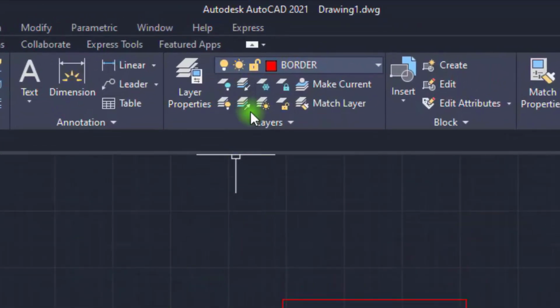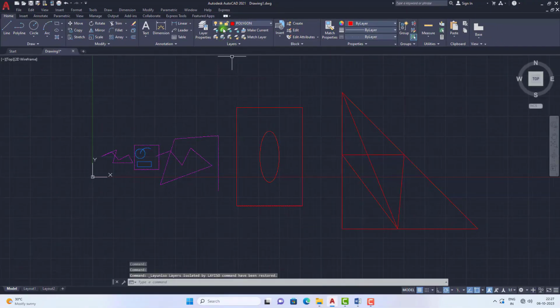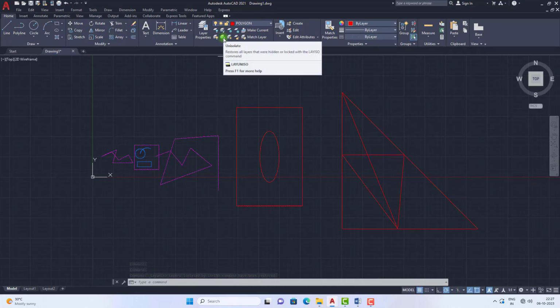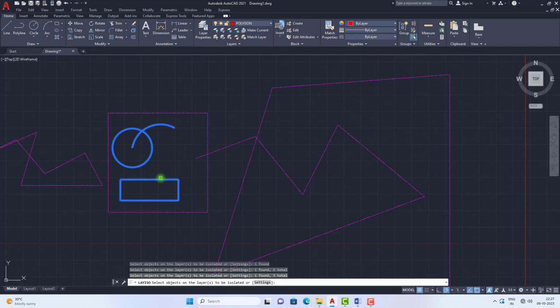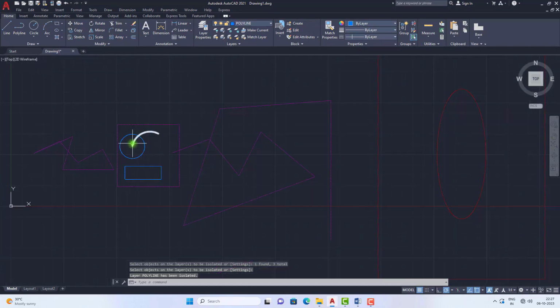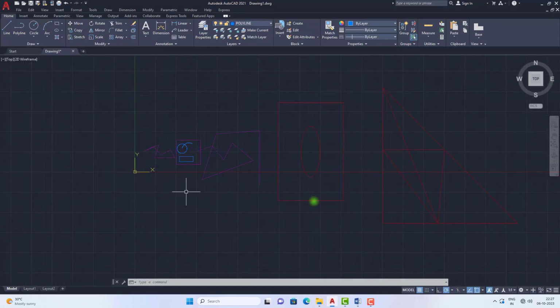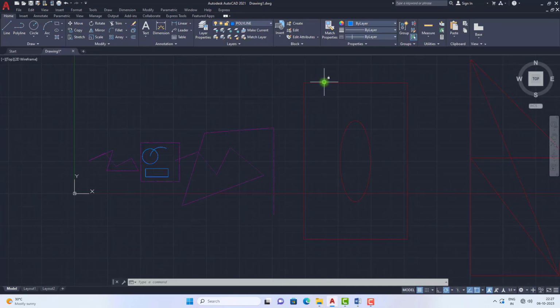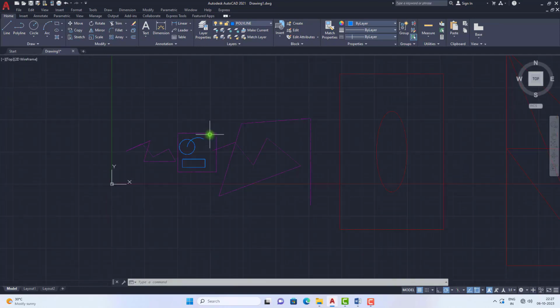Now see here, there is an option Unisolate. So I am clicking here. See what Unisolate does. It does the opposite action. So now again we will apply this. I am selecting this Isolate option and now I am selecting these objects. After selecting objects, you need to press Enter. See, the remaining objects will be in dehighlighted mode. So now you need to unisolate all these things. See, if you take your cursor near any object, the locked symbol will show. But for the selected objects, it won't show any locked symbol. See, a locked symbol is shown at the cursor.